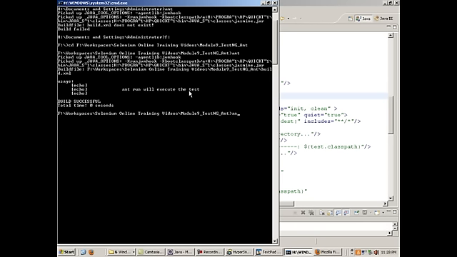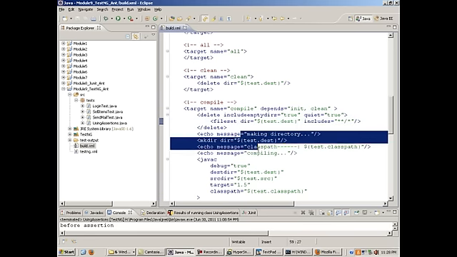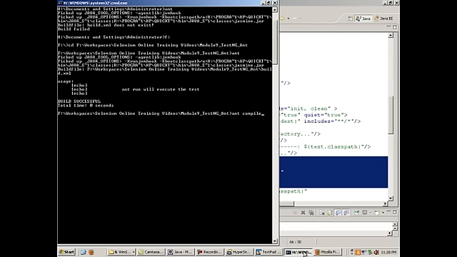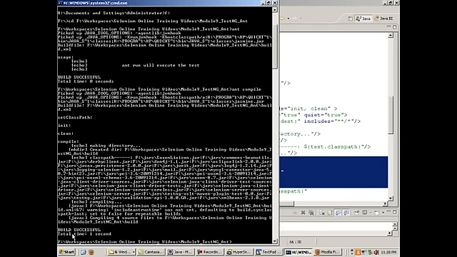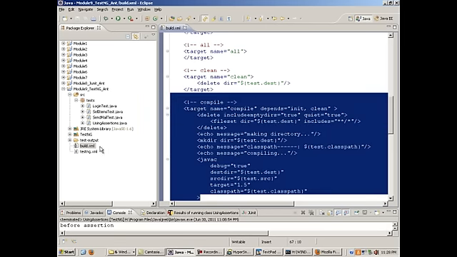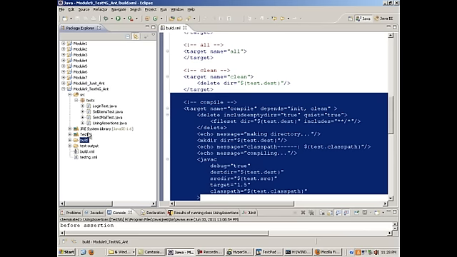Now give the command ant compile. Compile is the target name. See this? Target name compile, which tells you to delete the directory test.destination, if it exists, then make it and put all the class files in it. When you write this, see, this thing happens, build successful. You will not have to change this compile target. Don't change that. Just refresh the project now and you will get a build folder made,